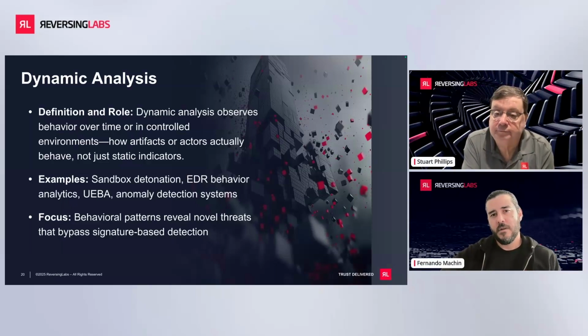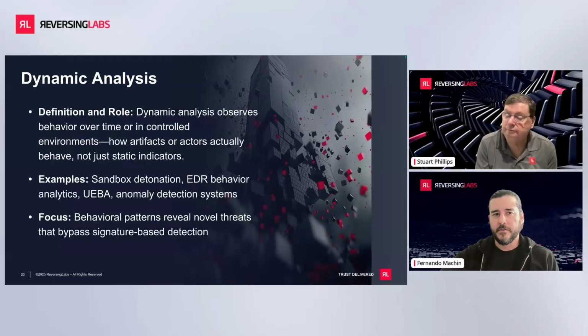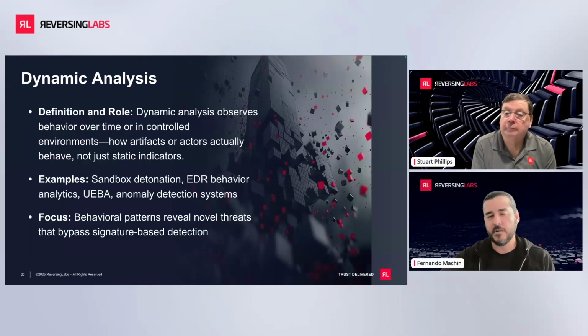Yeah, I do, right? And so the way that I look at dynamic analysis is indicators change, right? We talked about IOCs being the raw data, but the tradecraft, what the TTPs tell us, they change more slowly. It's much harder for an adversary to change the way that they're employing a specific mechanism, a dropper, a loader, et cetera, as opposed to just the hash that's associated with that file. And so behaviors really tell us how the adversary operates, not just what file they use to do so.